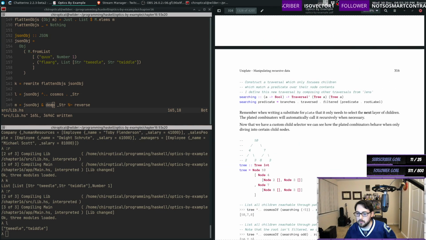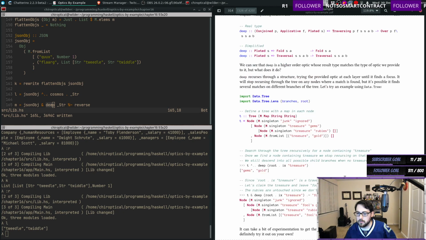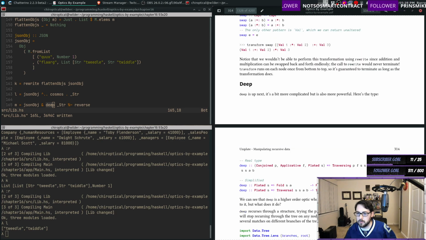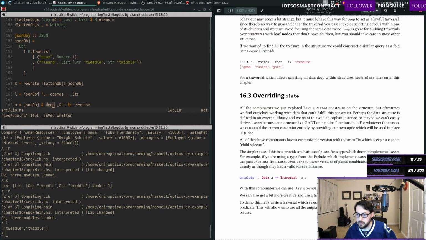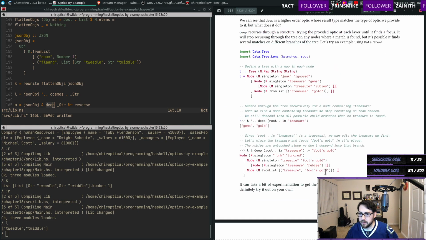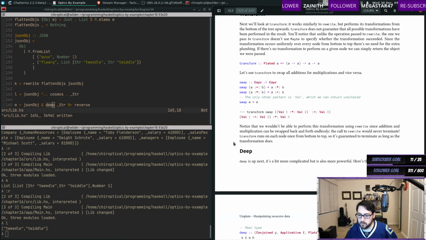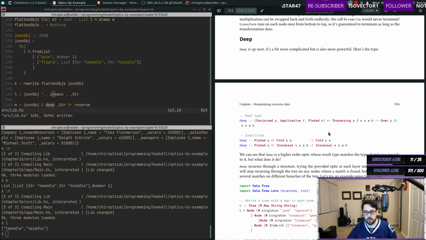Is that what it's called? Deep. Oh, okay. Cool. We could use transform as well, because deep would not actually do. Okay, so deep